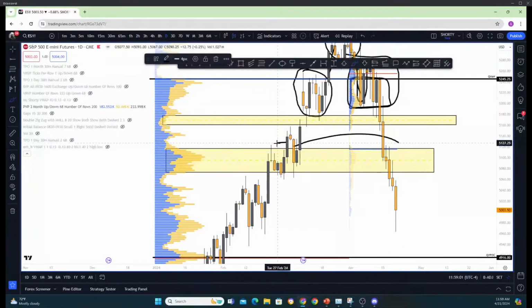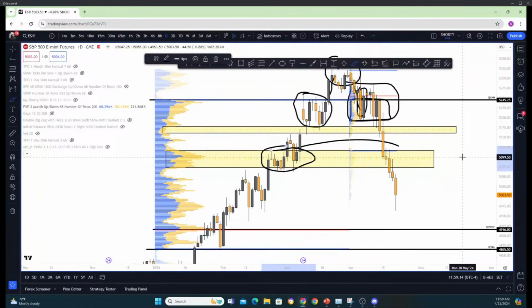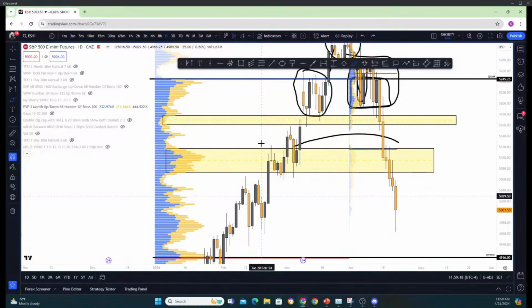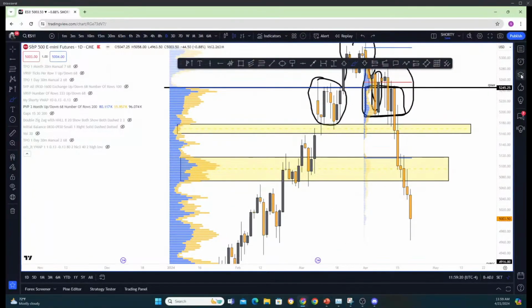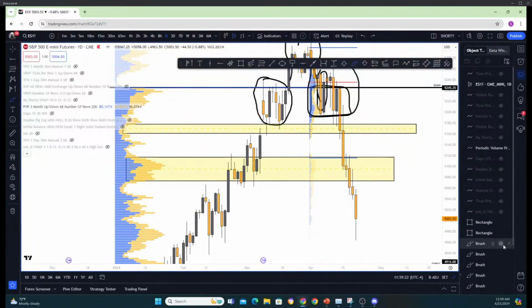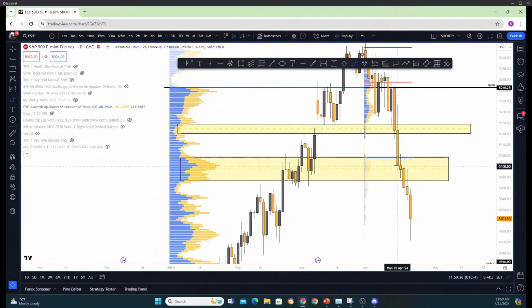So if you paid attention, we spent some quality time here in this section. And what did they do to that section when they were going down? Just blew right through it. Just blew right through it, right? So now think about price acceptance and what are they telling you? If they blew through a level that they spent a lot of time at before, and now they just cracked through it,